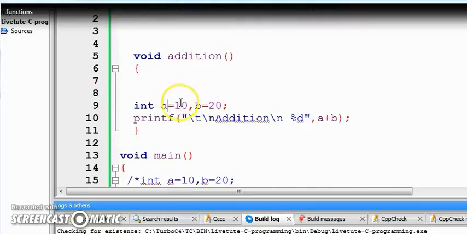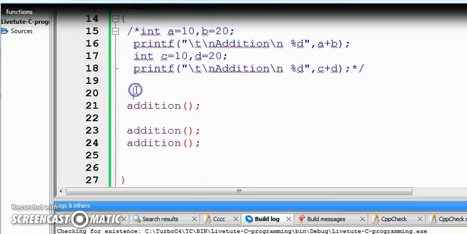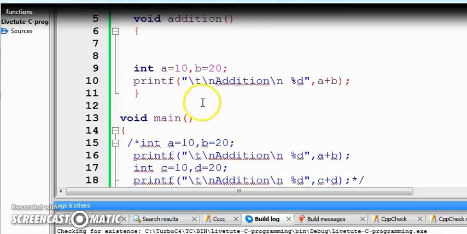And you can even pass the result. Here you are just displaying the result of the sum here. Even I can display my result in the main and see what happens. Those are the different types of functions. I'll be covering them in my next sessions. So this is about a normal